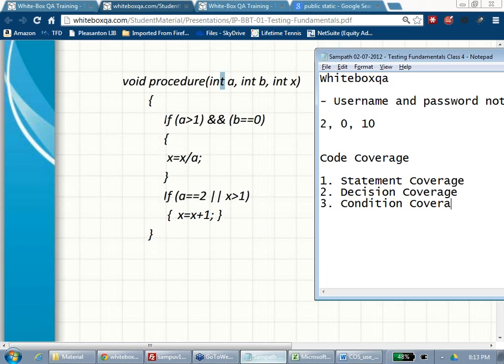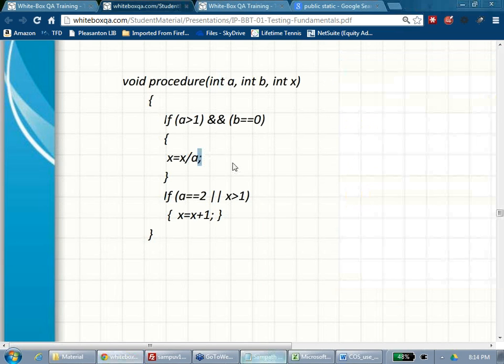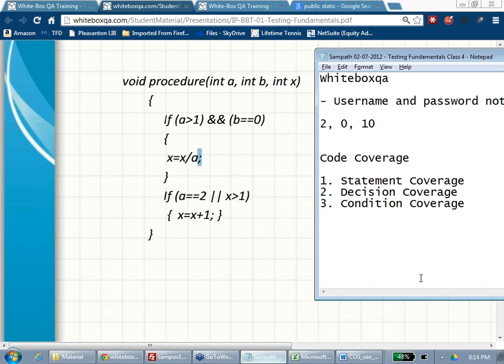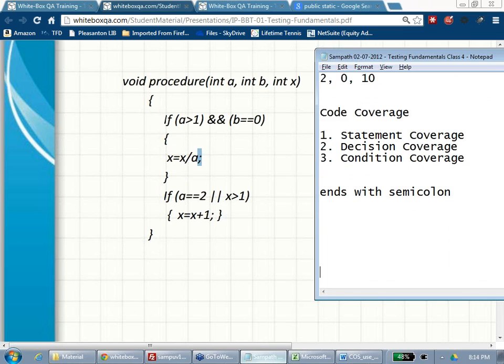What is a statement? Anyone? That is if. No, that is not the statement. Anything which ends with a semicolon is a statement. Remember that, it's a shortcut. But if you are using VB, that is not true. In any C-based language like Perl, Python, PHP, C#, Ruby, Java, it is the same: statements end with a semicolon. How many statements are there in this program?